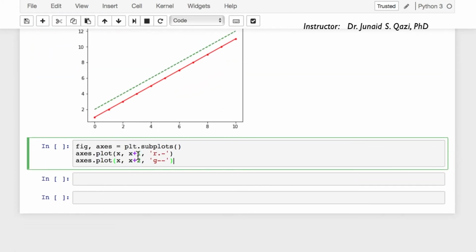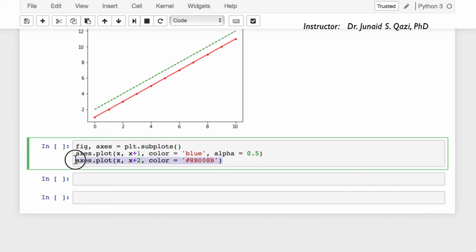Now let's say we pass in color equal to blue and alpha equal to 0.5, and for x plus 2 we want, say, color equal to, let's pass in the hex code for purple,